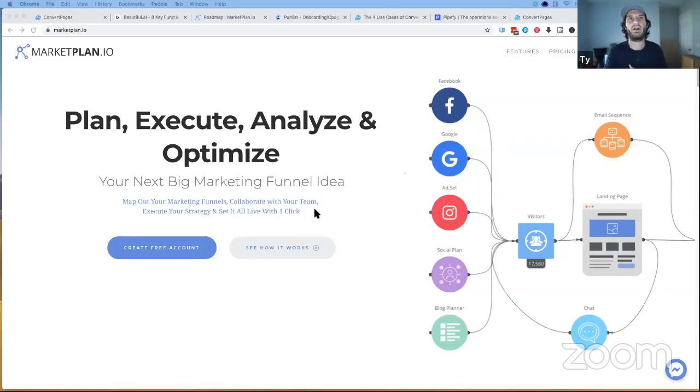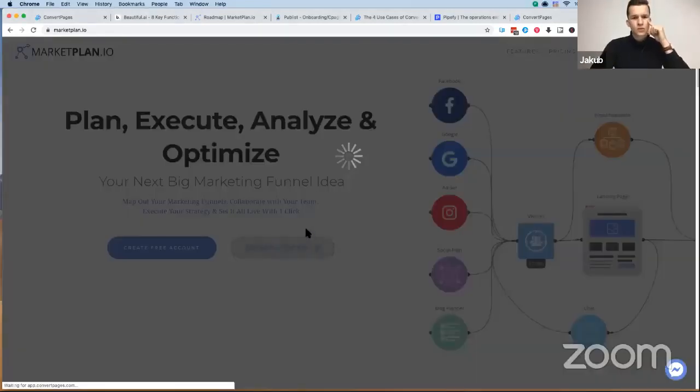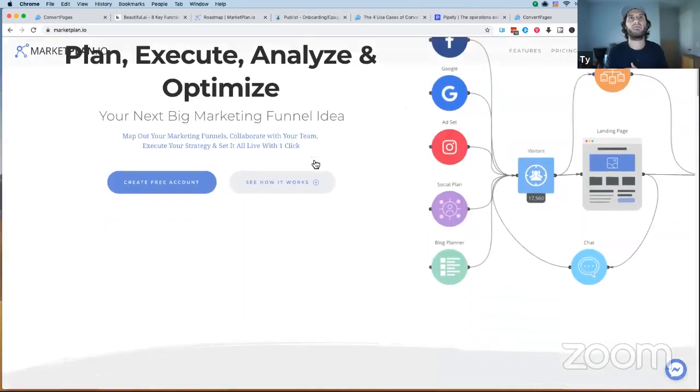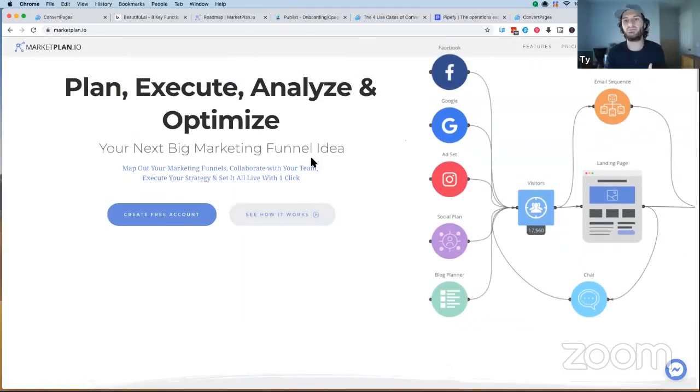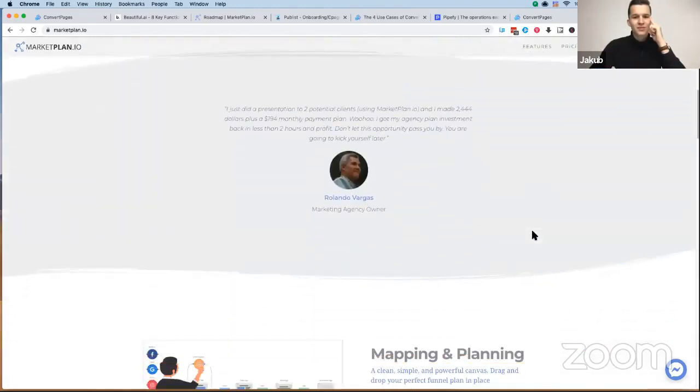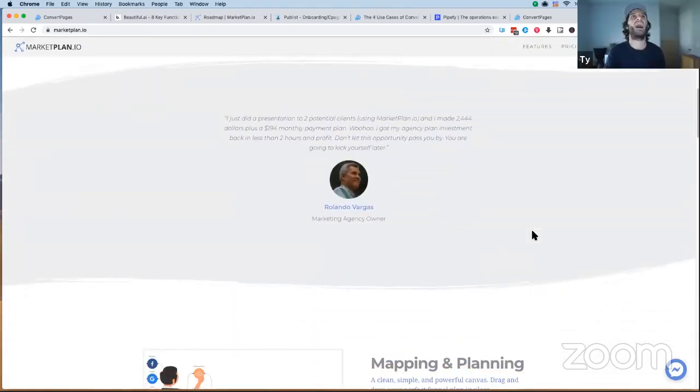Then we have a video here that comes up, see how it works. So as soon as they click that, immediately they're going to be presented with a video here. So that's the key to being able to put these pieces of the puzzle together, is being able to say, listen, this is where things are, and this is how to be. Create a free account right now, or see how it works. We have 2 different CTAs here, and then we have a nice picture, so people are like, wow, is this what it looks like? And normally what happens is they start scrolling, and instantly we hit them with,